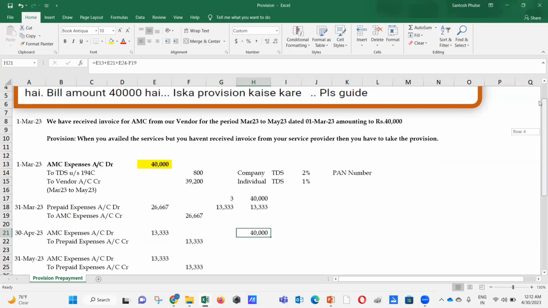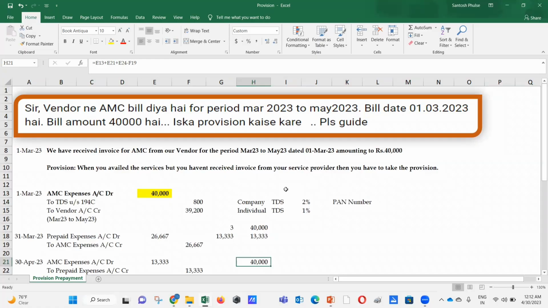So in your query, it's going to talk about three concepts. First is invoice booking. Second, towards the prepaid expenses. And third is taking out, doing the expense of that prepaid from the prepaid expenses, and you have to book that expense. So provision is not going to come here because you got the invoice and that invoice is for the future period. So your prepaid expenses is going to come into the picture. So that's all for this, and I hope you are able to get the clarity now.